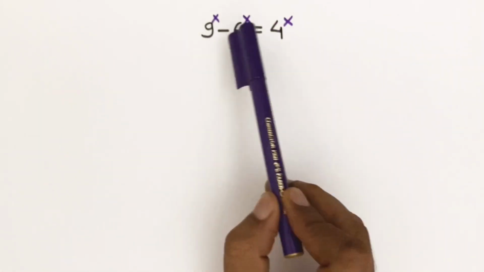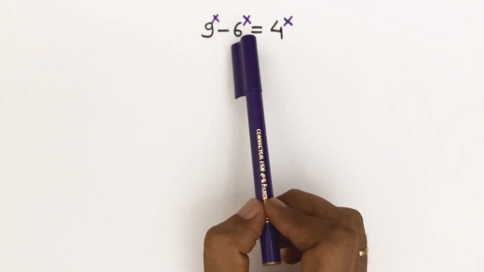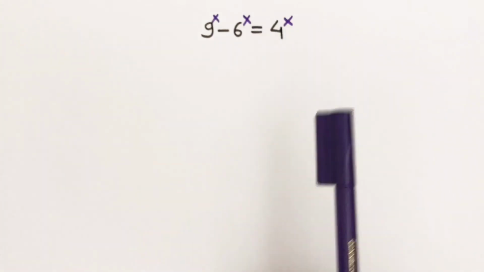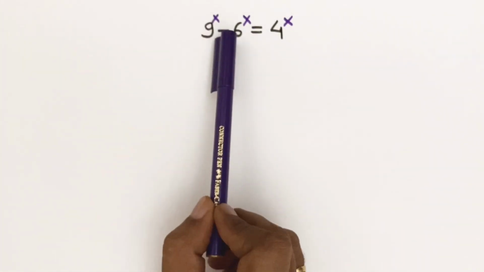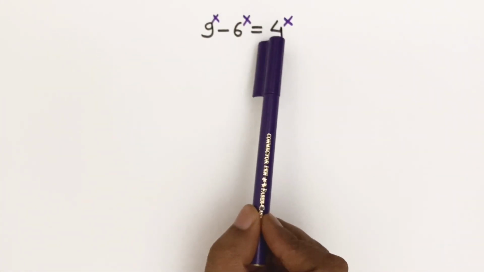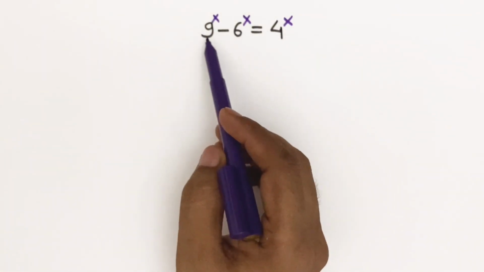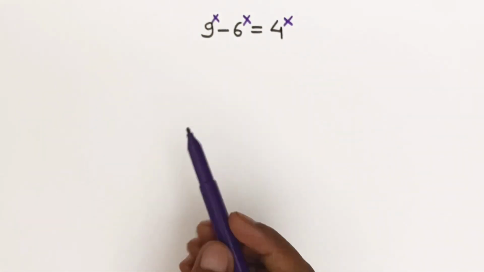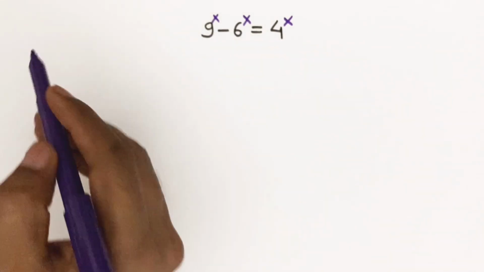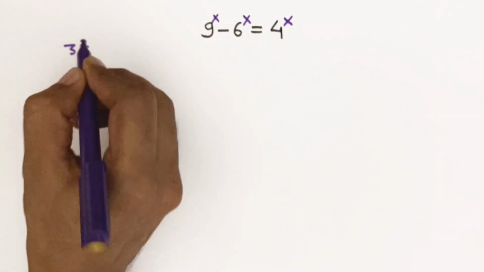This is a typical exponential problem where we have to find the value of x when 9 to the power x minus 6 to the power x is equal to 4 to the power x. To solve this problem, first we have to rewrite this equation as 9 is equal to 3 to the power 2,